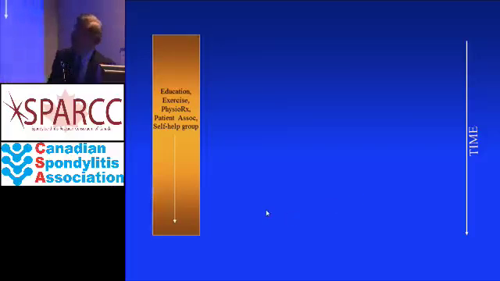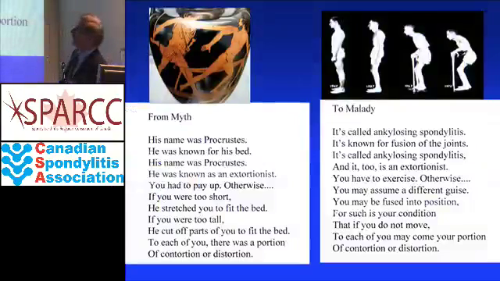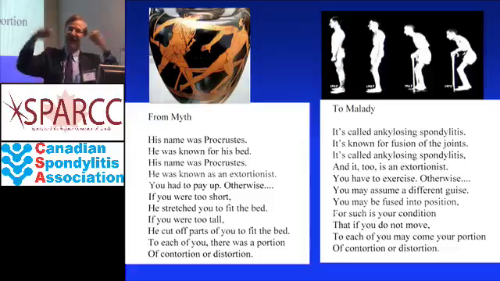And as you know, if you've been through our clinic, you know we're really big on talking, and we learn a lot from our patients, and we try to provide as much information as possible. We're currently developing a template for research. This is actually from one of our patients in the Toronto Western Clinic. She's a poet, as you can see. She has ankylosing spondylitis. And she points out that Procrustes, who is a mythological figure who got stretched and contracted, if you remember your Greek mythology.